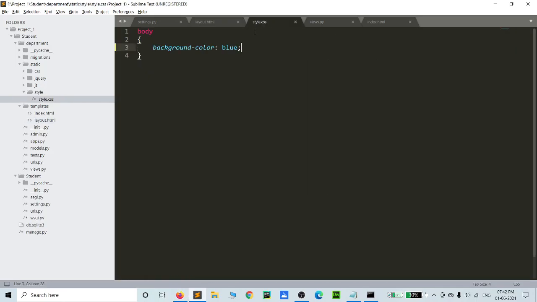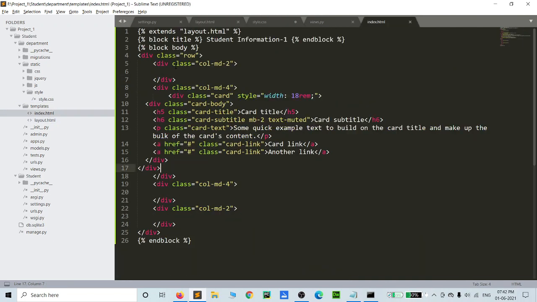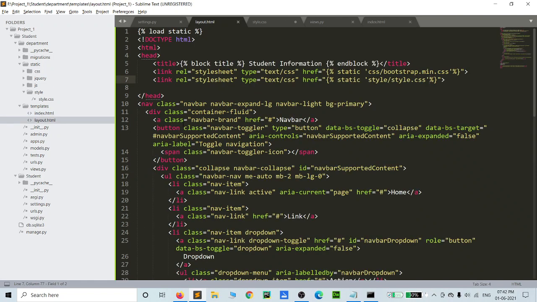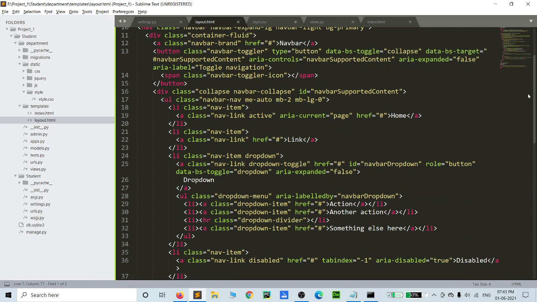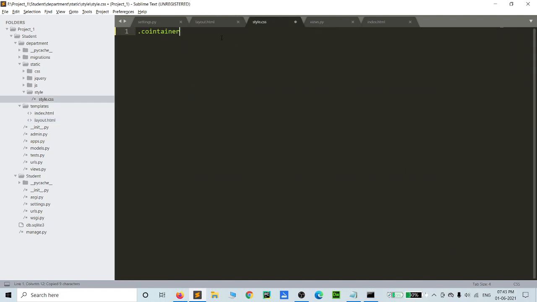Then here we no need the body sections. So we can take this part of the container, then in layout.html, inside the container, where is the container, yeah, this is a container, this is a class file, we can add it, this padding top, we can give it 40 pixels.